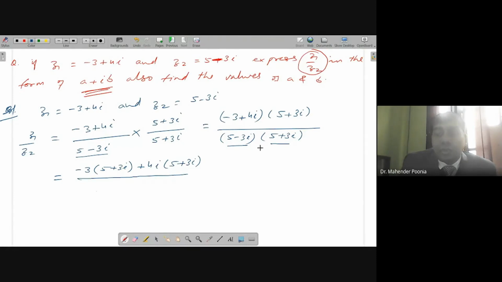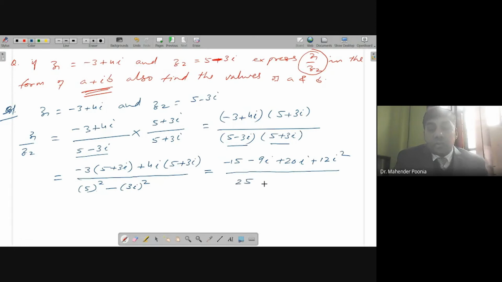A square minus b square, right? So here a is 5 and b is 3 iota. So 5 it's a square minus 3 iota it's a square, right? In the next step, minus 3 into 5 is minus 15. Minus 3 into 3 iota is minus 9 iota. Plus 4 iota into 5 is plus 20 iota. And 4 iota into 3 iota is plus 12 iota square divided by